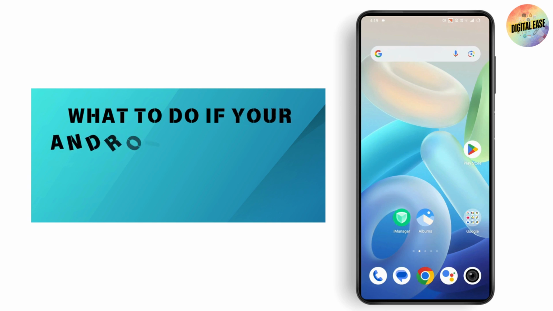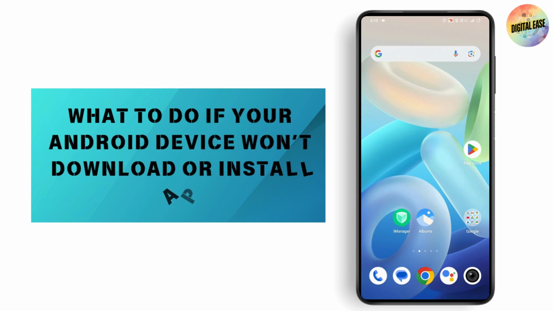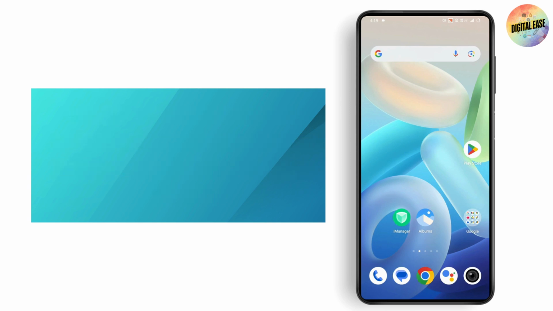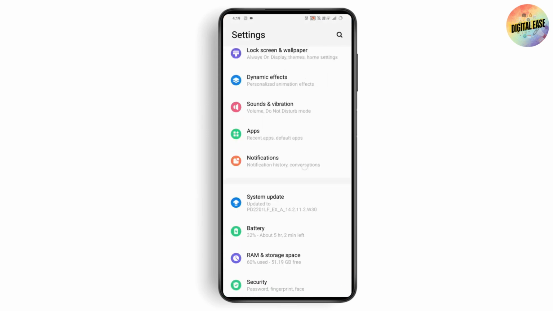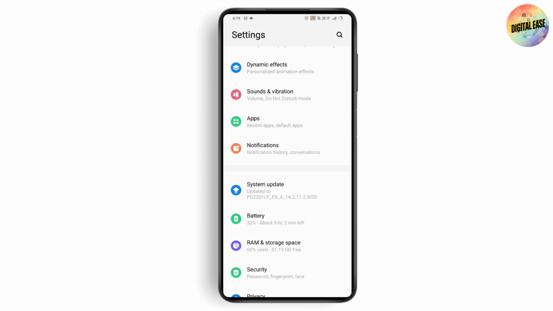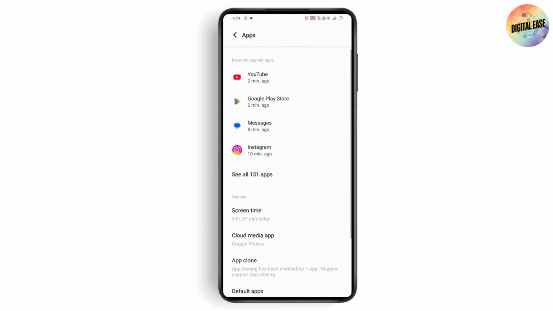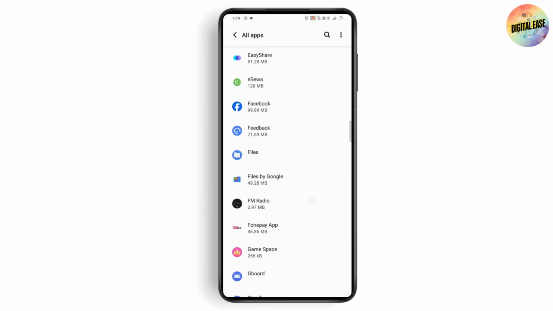What to do if your Android device won't download or install apps. So if you're facing a problem that your Android device won't download or install apps, then what you need to do is simply open up your settings at first. Under settings, you can scroll down and find the apps section. Now under apps, you can go with see all apps, and after that scroll down a bit and you will